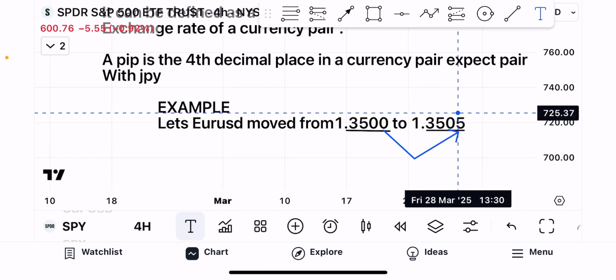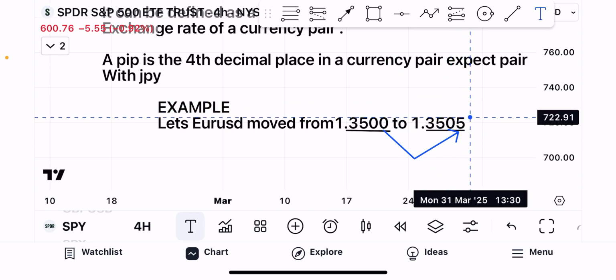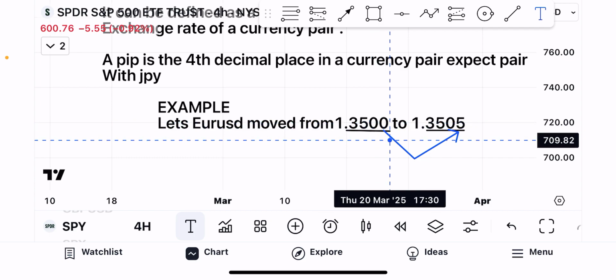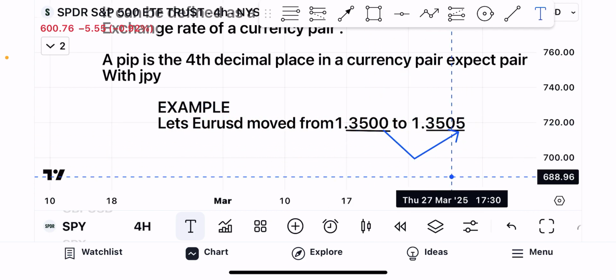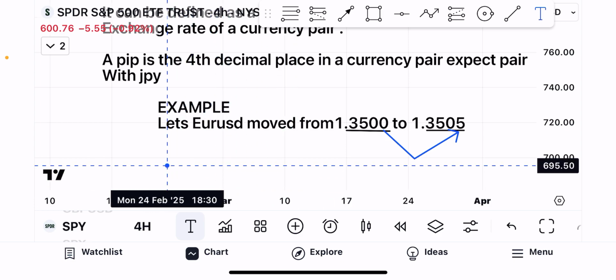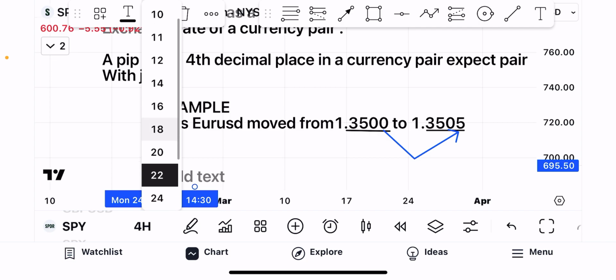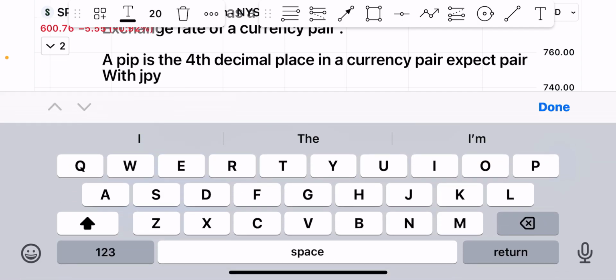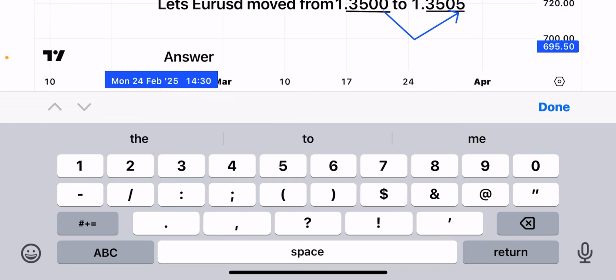So we are trying to find the difference between these two numbers, the entry and the exit, which is our take profit. The price moved from 1.3500 to 1.3505. So the difference, our answer, should be equal to 5. So the pip difference is 5. If you do the calculation,